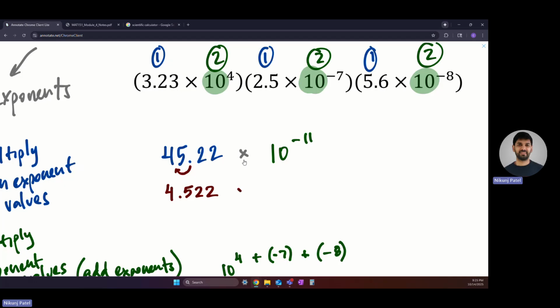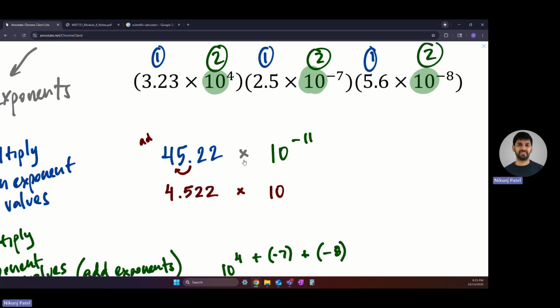And when we do that, it's going to change this exponent because this entire value needs to be equivalent to this one. So if we change 45.22 to 4.522,